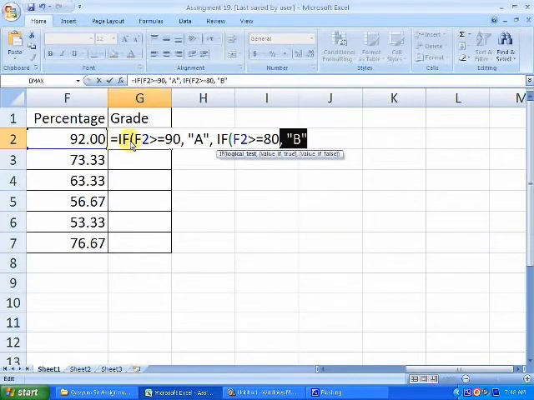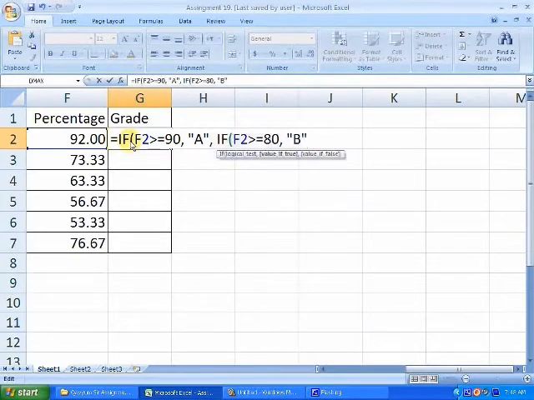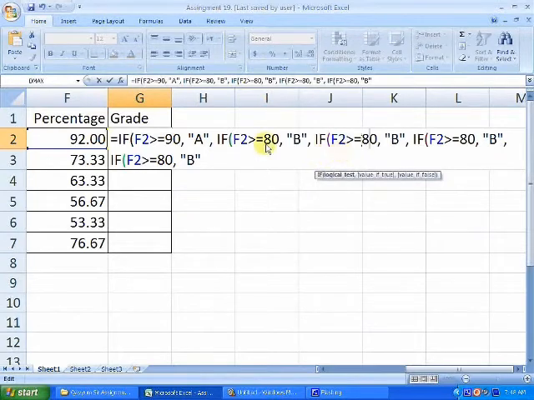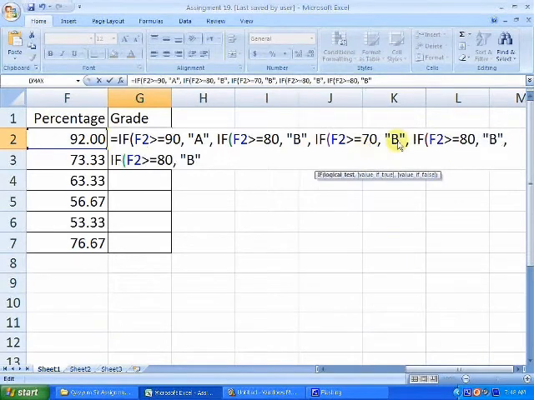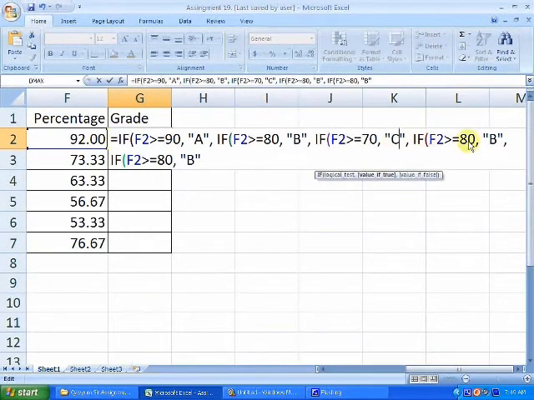So what I will do, I will better copy it, then I will paste, including this comma, I will paste it here. I will continue to paste it here. 1, 2 and 3. Then I will change the grade here. I will come here. If it is above 80 here, it should be 70, and the grade will be C. And let us make it 60.